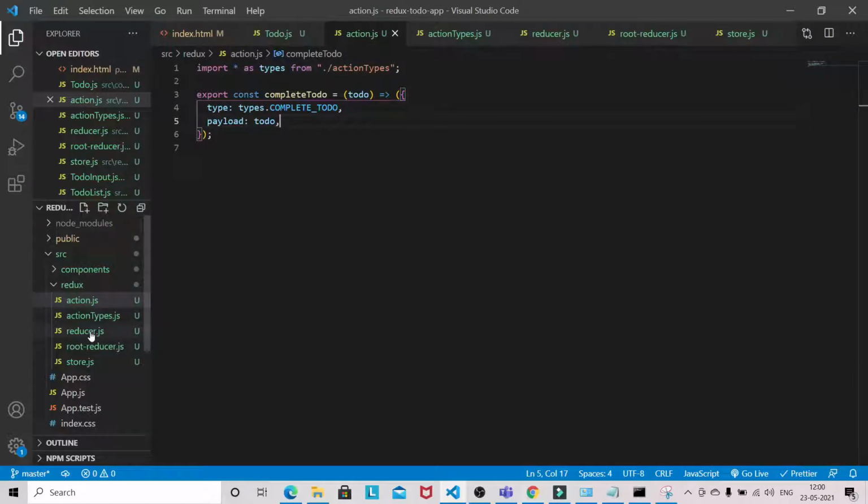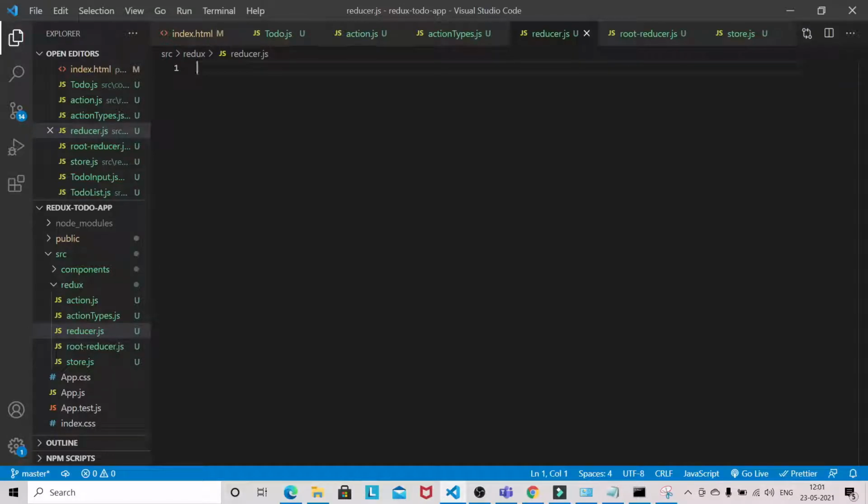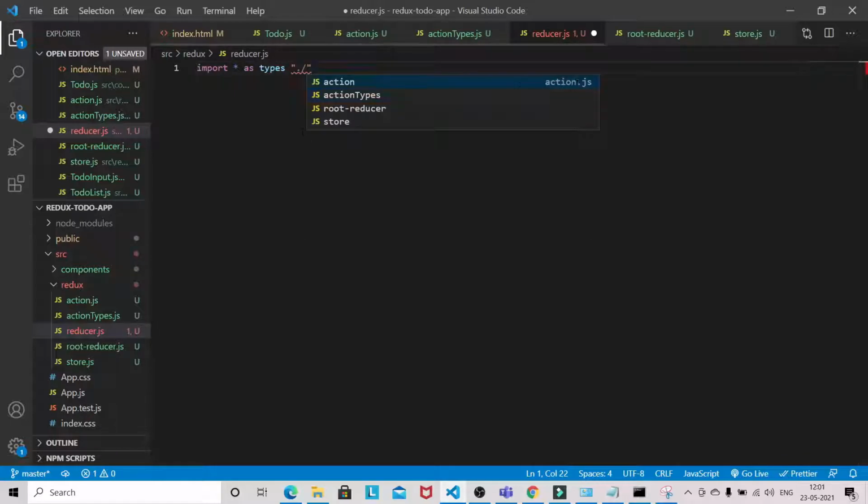Now let's write the reducer logic. So import star again as types from action types.